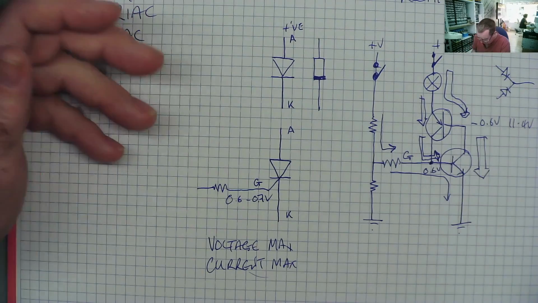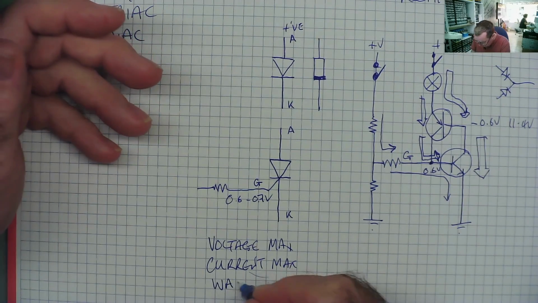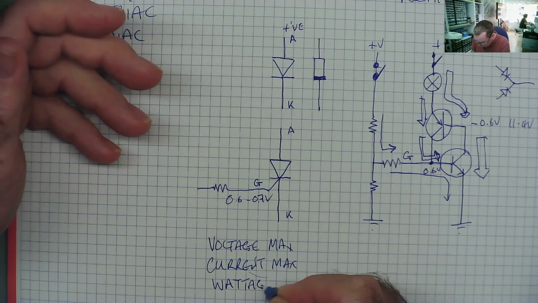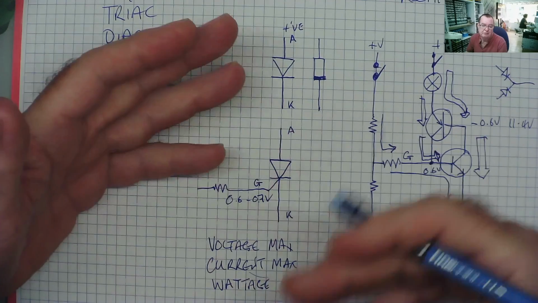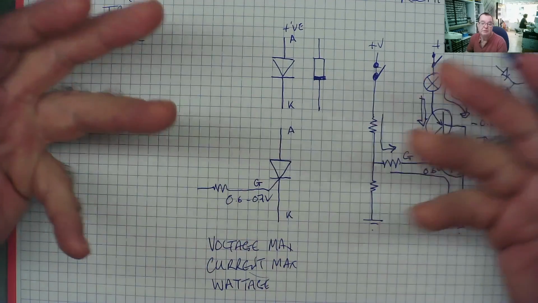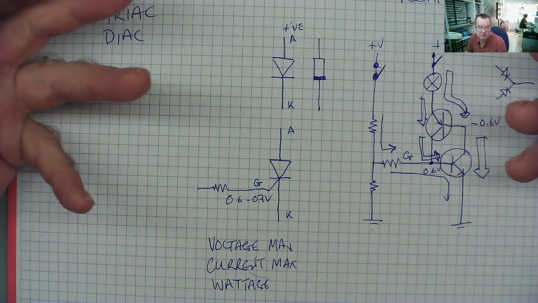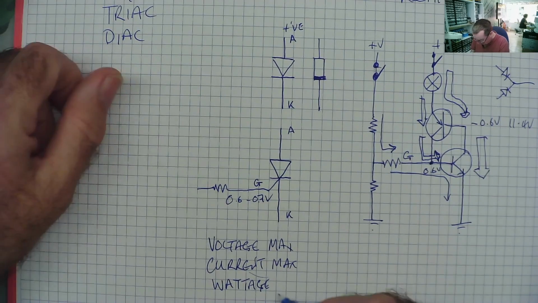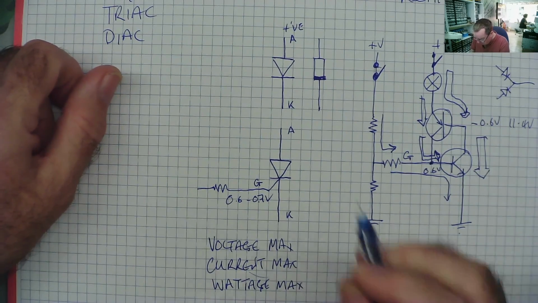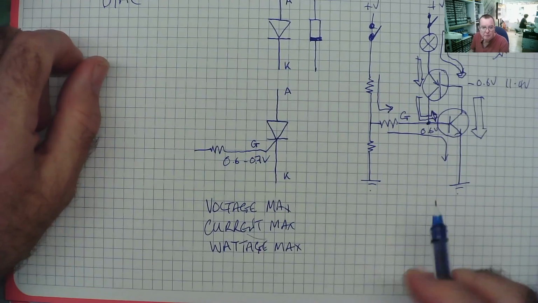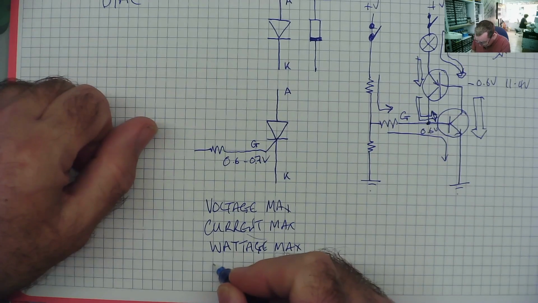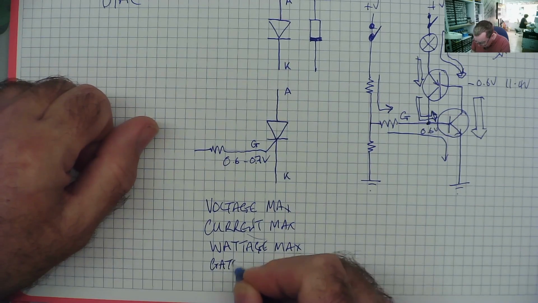The third one is the wattage, how much power it can dissipate, because when you have voltage across the device and current flowing through it, it will generate heat, wattage, yeah? So we have the maximum wattage. Then we have two more important ones. We have the gate threshold,